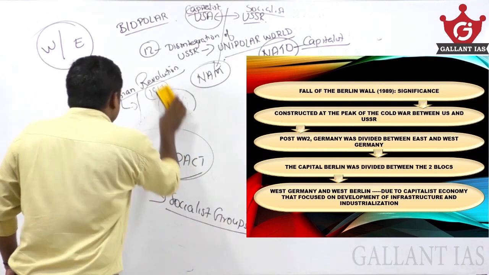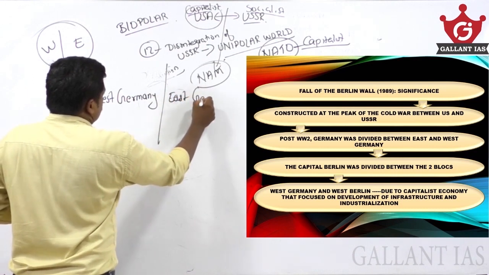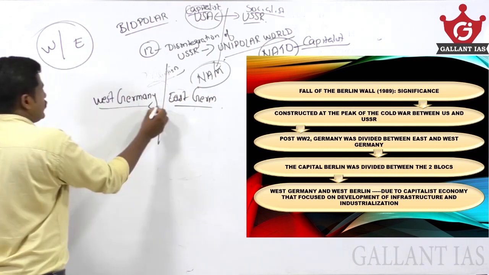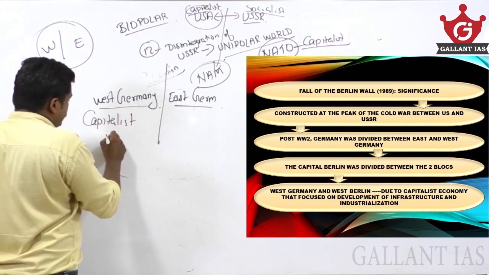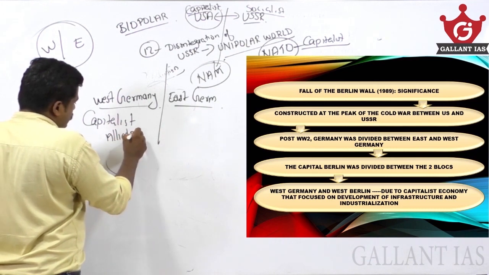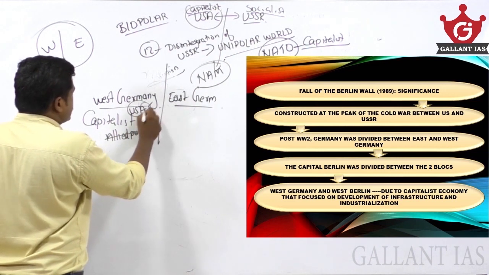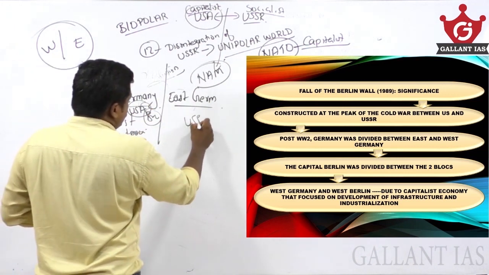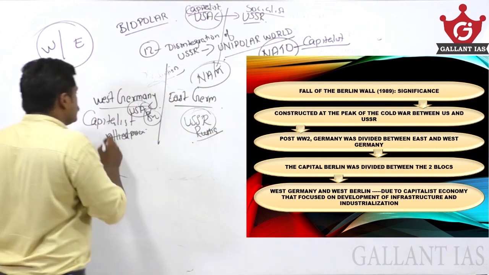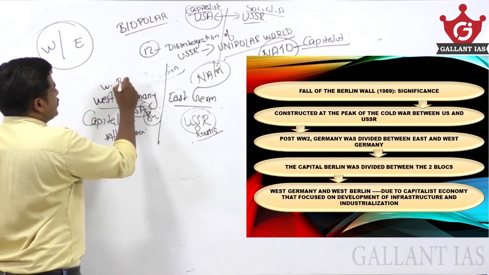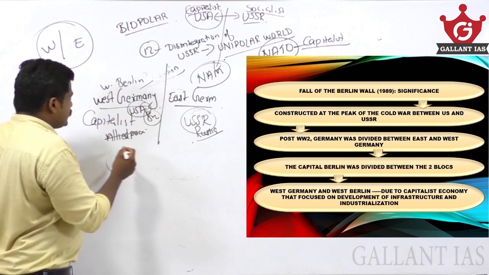Take care. This is West Germany. This is East Germany. West Germany went to the capitalist bloc, or the allied powers, under the control of the USA, Britain, etc. Now East Germany went under the control of the USSR, especially Russia. Now the problem is this West Germany and West Berlin were divided between these two powers, and the USA applied